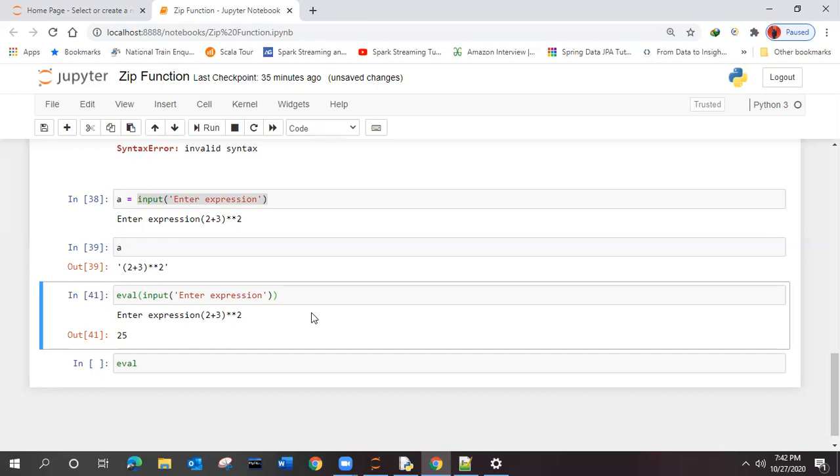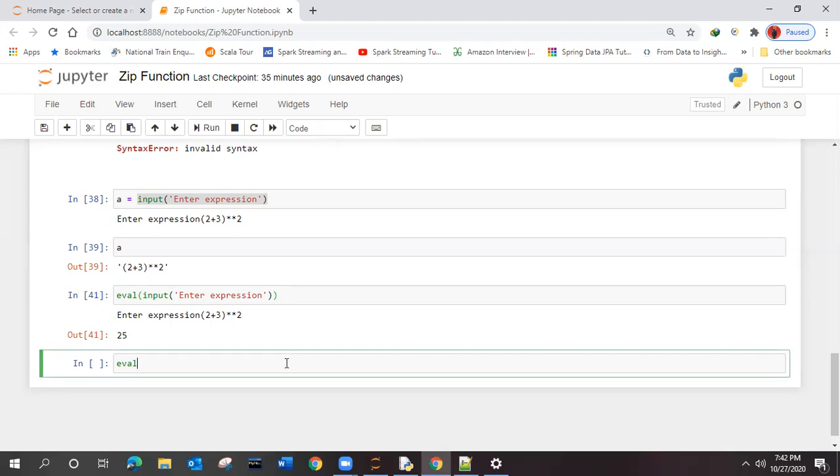If you give the input itself in the eval, don't do that. Otherwise, it will directly give the access when we type in the username. Let me show you. So anybody would be able to know your password.